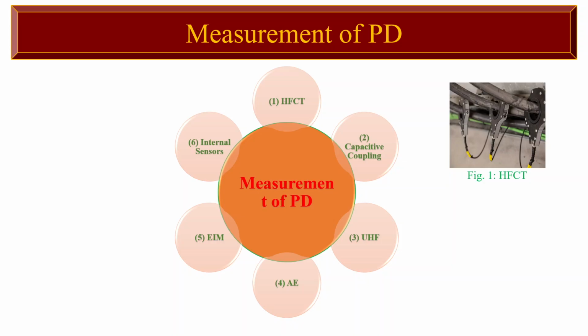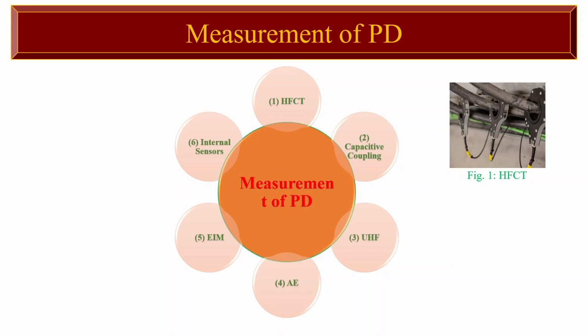So partial discharge can be measured using various methods or techniques. The normal definition of partial discharge is a localized breakdown of electrical insulation that occurs within an electrical system, such as cables, transformers, circuit breakers, or switchgears. It is important to detect and measure partial discharge because it can be an indication of insulation degradation and